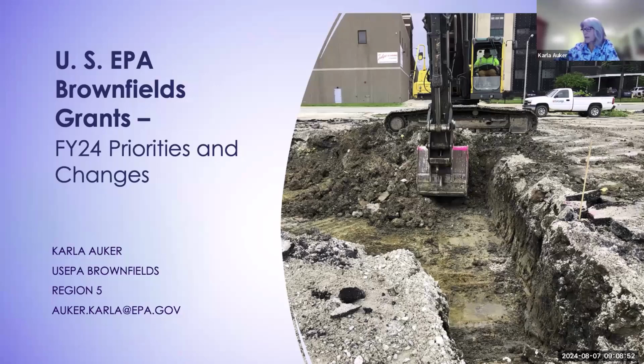My presentation today is going to be somewhat of a hodgepodge because I want to go over, first off, the grant schedule. When are we going to offer the grants? When are they awarded? Some funding trends and success rates so that you can think about what kind of grant you might like to apply for. I'm going to touch on why you should apply this year or next year, and some things to consider as you're applying for these grants and choosing whether you want your own grant or want to tap into Ohio EPA's targeted brownfields assessments. And then there's only a couple of grant changes, so I'll touch on those and then just a few reminders. Next slide.